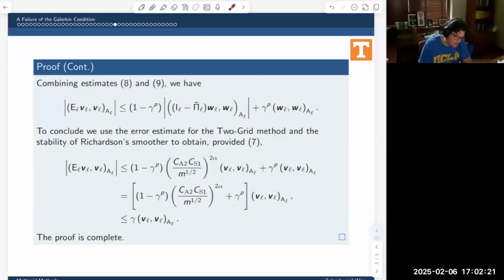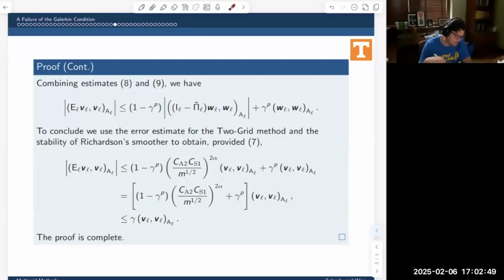Now, we didn't exactly show that this was less than that. We just realized now that buried in the definition of this WL are the K matrices, the error transfer matrices for the smoothing. Now I'm going to take the K matrices over here and put them back. Okay, so that's going to give me, for this step here, just the 2-grid error transfer